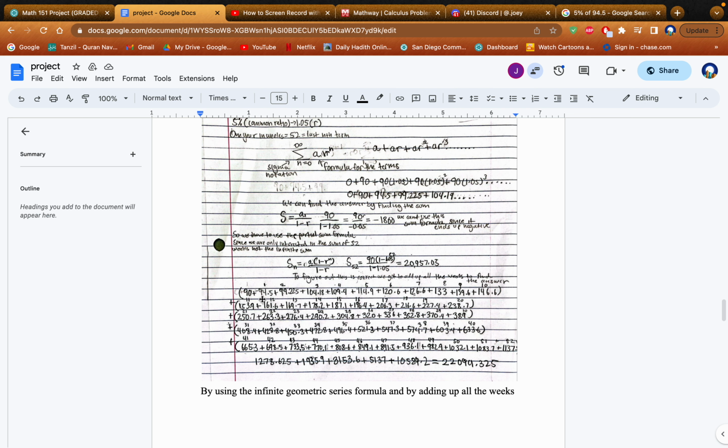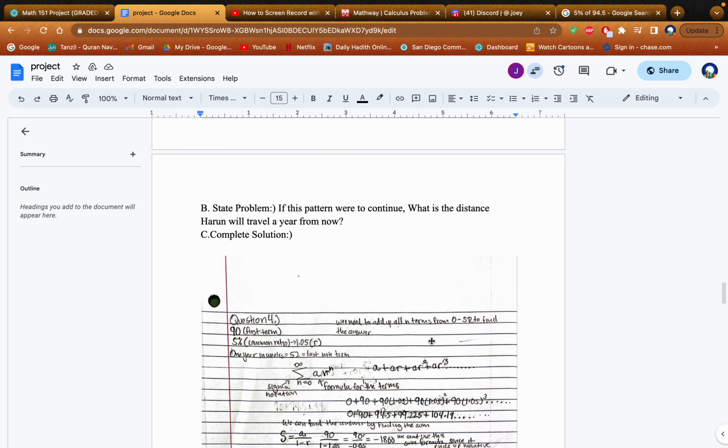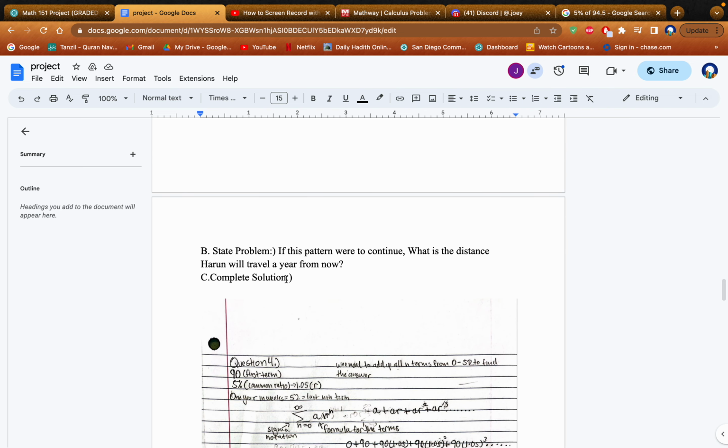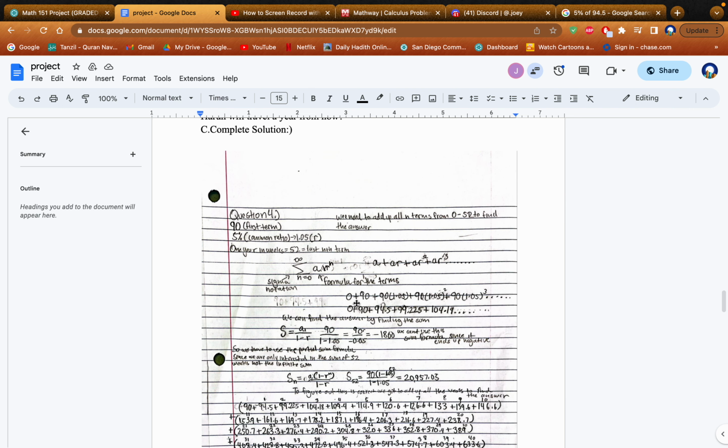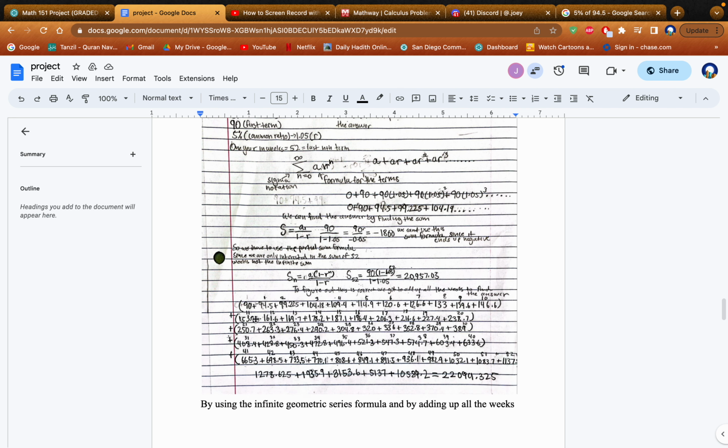So 90 plus 94.5, 99.225, and this is practically the best way to find the answer, even though it's the longest, most tedious, and tiresome way, because the question is asking what is the distance Harun will travel a year from now, which is basically asking you to add up all the miles, all 52 terms in the series. So if we were to add them all up from 90 all the way to 1,137,